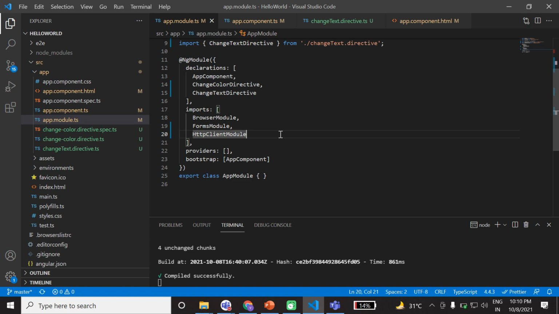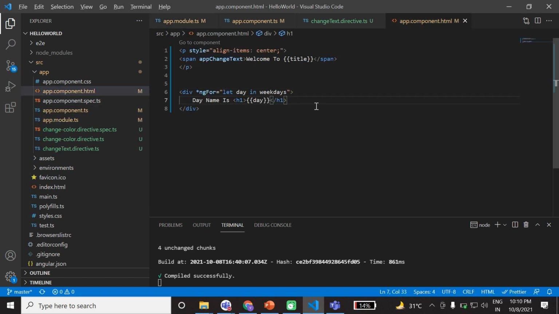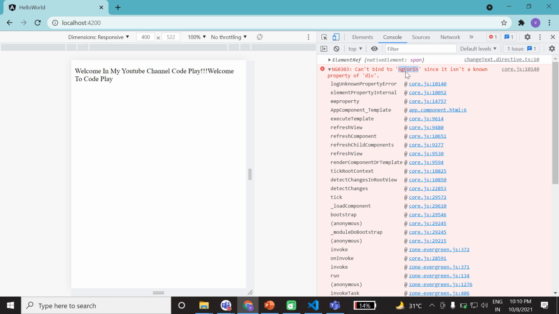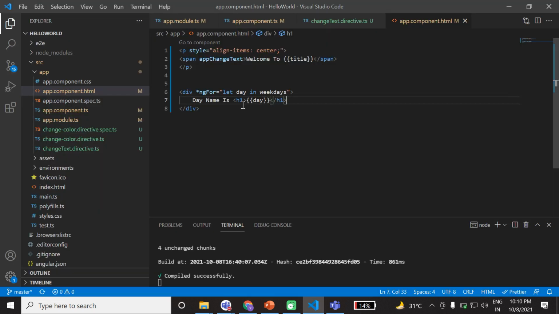Here we also have the forms module. Why is it not recognizing ngFor in, since it is not a property? Asterisk ngFor equal to let day in weekdays.